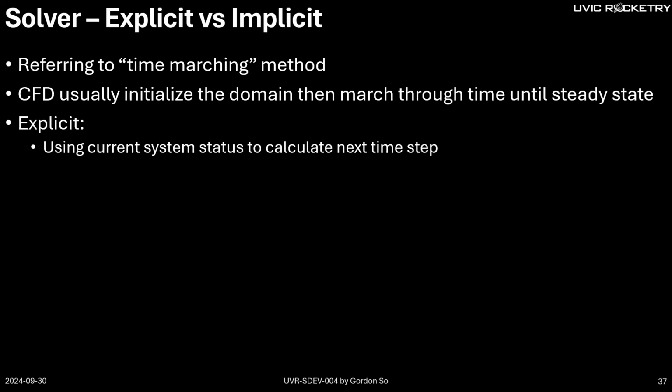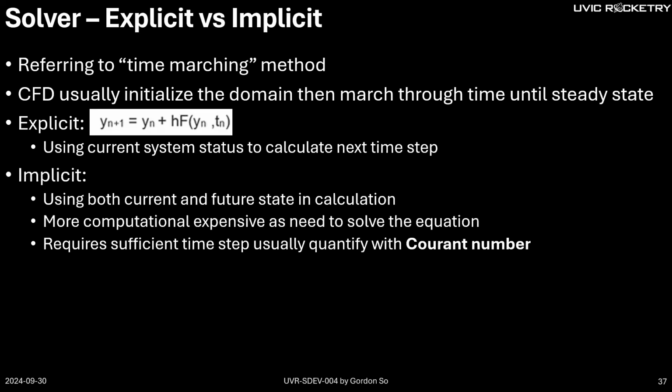For the explicit approach, basically it's just an equation that uses the previous state to populate the next state. So this is easier because it's just one in, one out. You don't need to solve anything. However, when we come to implicit, you actually need to guess your solution. And it's more difficult because each step you're referring back to yourself and you need to solve everything at